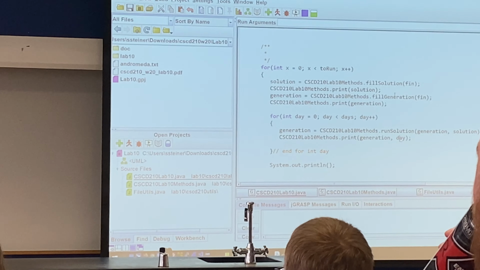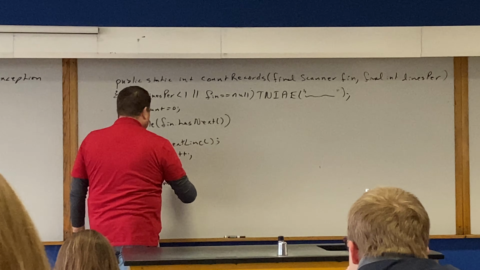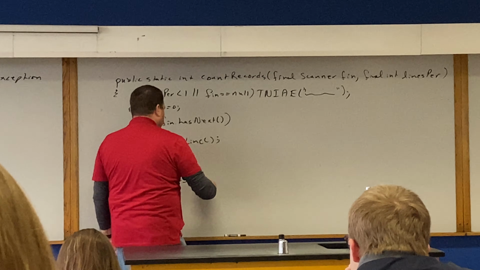Correct? How do I get count to be a 0? There's nothing. If the file's empty, you're right, Ann. If the file is empty, count is going to be 0, because if the file is empty, there is nothing to read in the file. We skip over, we're here, count's gonna be 0. So at this juncture, we're gonna say, hey, look, if count is equal to 0, then we're gonna throw